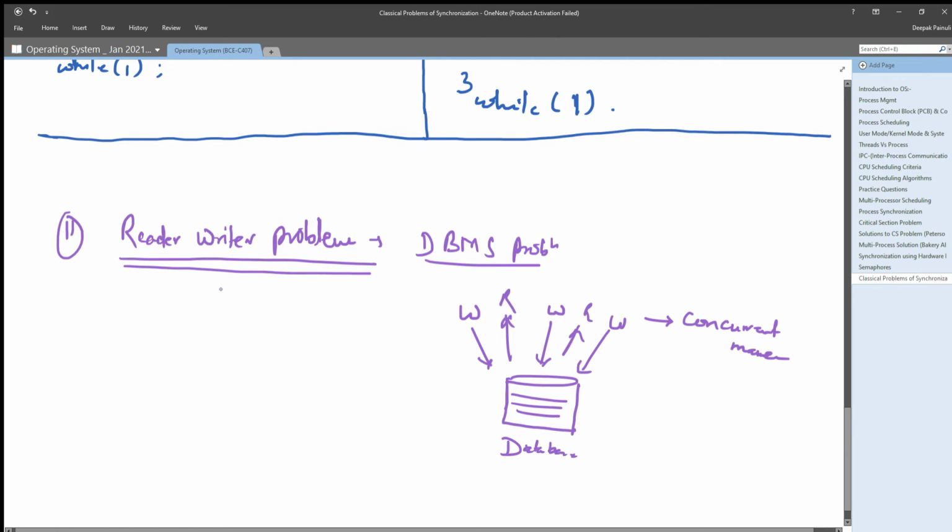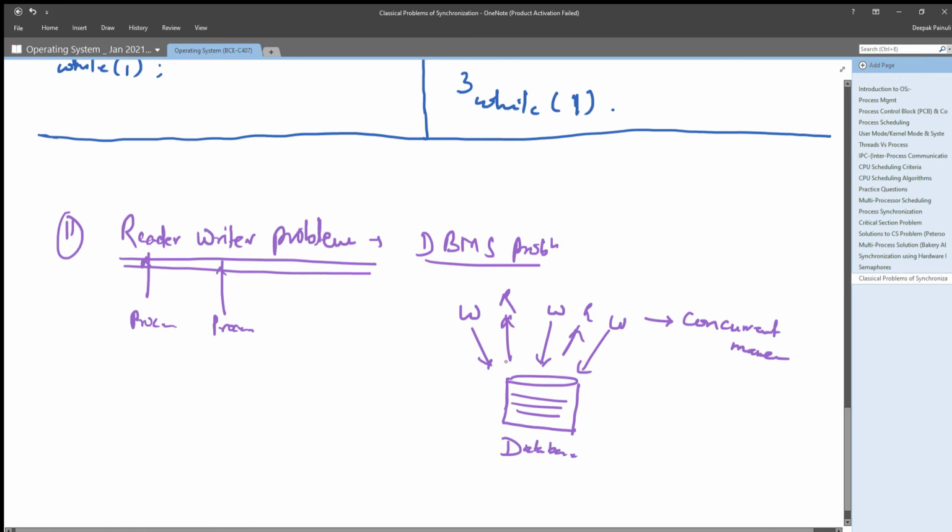So there will be some processes considered as reader processes, and some as writer processes. The reader process will read the record from the database, and the writer will perform some changes to the record, right?